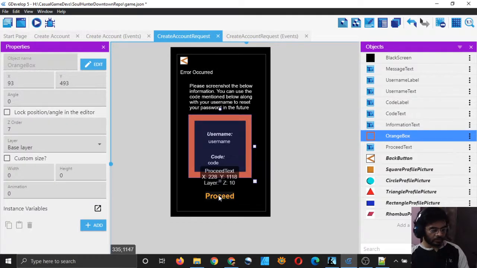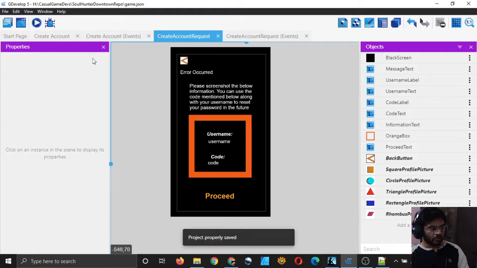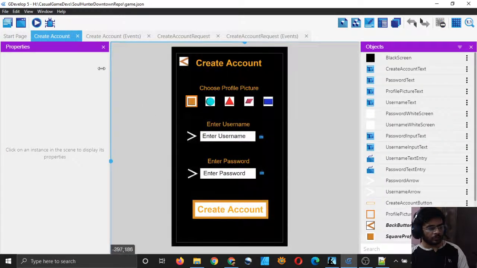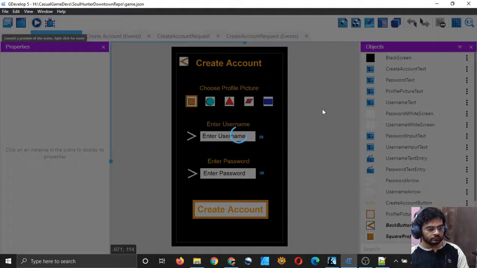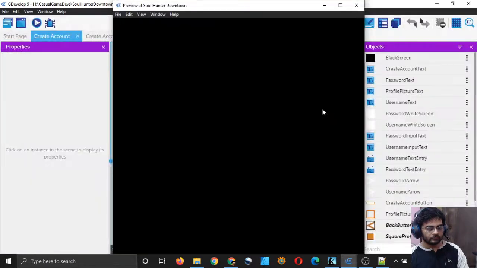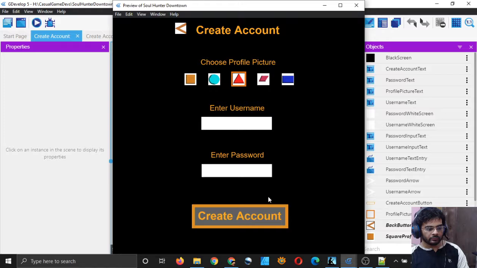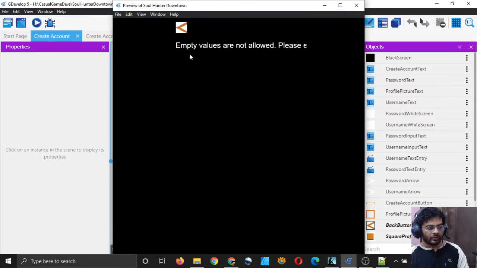So okay, and why this is not working I don't know, but let's test it out again, and this time I will try to make an error or something, right, so that we can check if errors are coming or not. I will simply click on create account. It says empty values are not allowed, and there is some part of text which is broken, and I think I will simply change the text in the server.